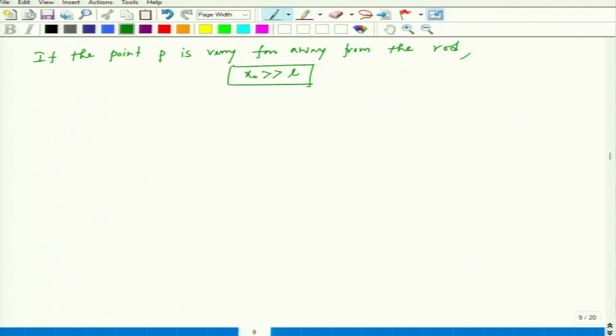Then the above expression becomes, for any arbitrary x naught, E equals minus q over 4 pi epsilon naught x naught times (L plus x naught) times i cap. Now, if we use this approximation, then the electric field becomes